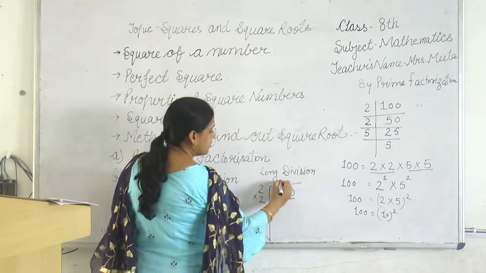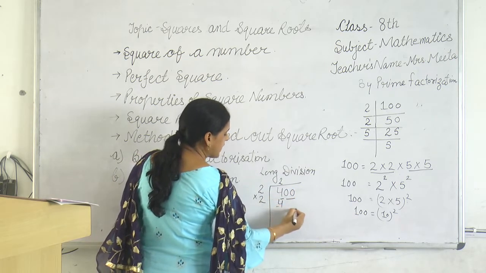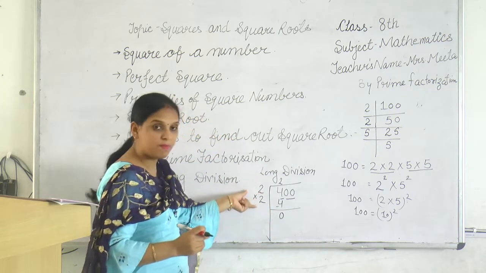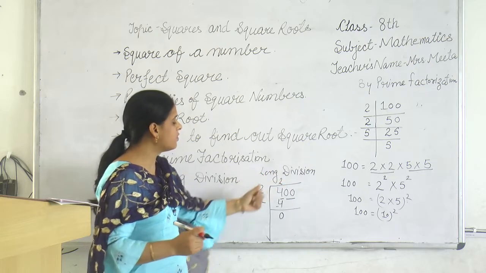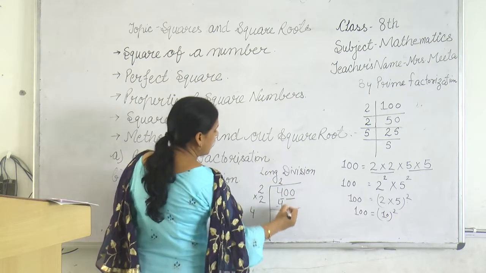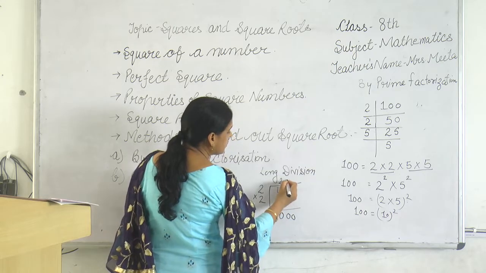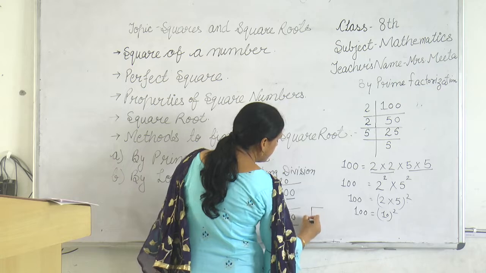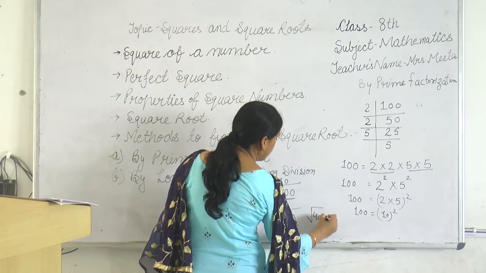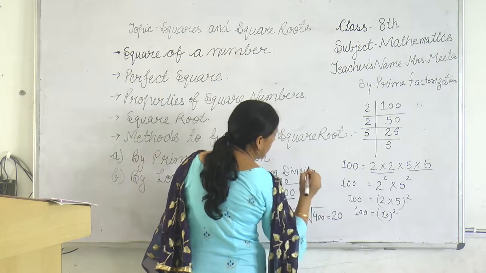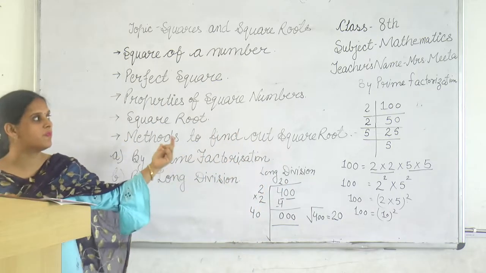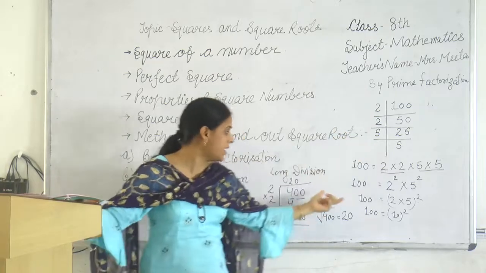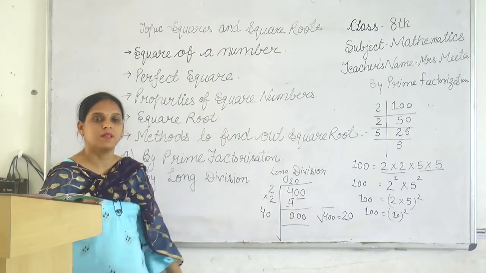2 into 2 is 4. Subtract 4 from 4. Right here, whether you add these numbers or you do the double of this number, you can write anything. Now there are 2 zeros, no use of 0, so you have to write here 0. Write this one as it is. So you can write here the square root of 400 will be equal to the number 20. Now these are the two specific methods to find the square root. The first is the prime factorization method, another one is the long division method. Is that clear?